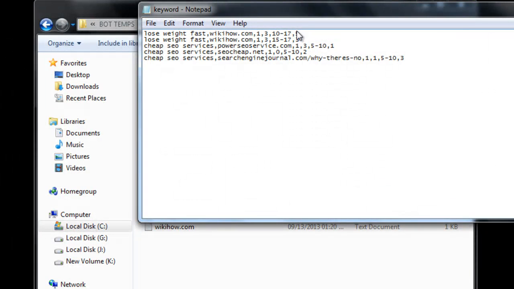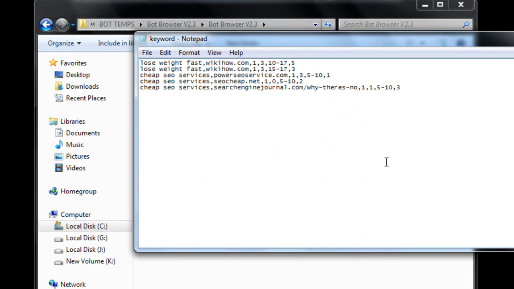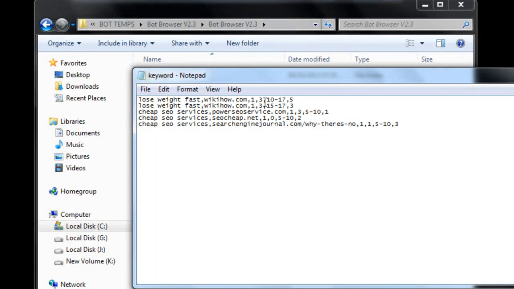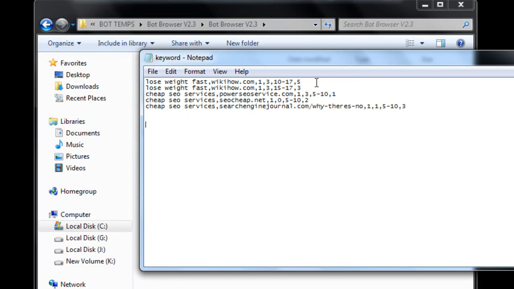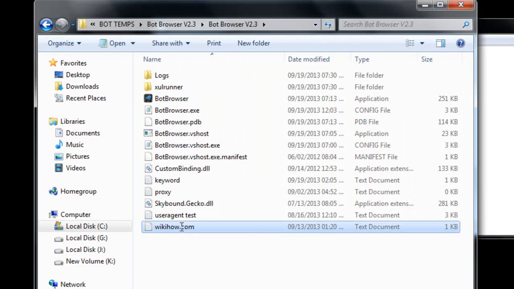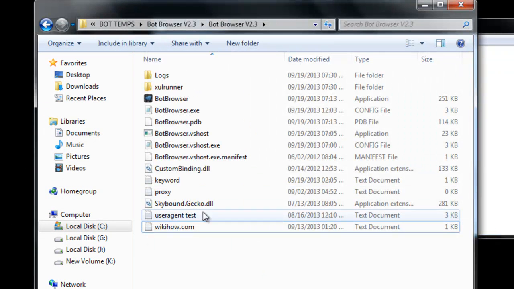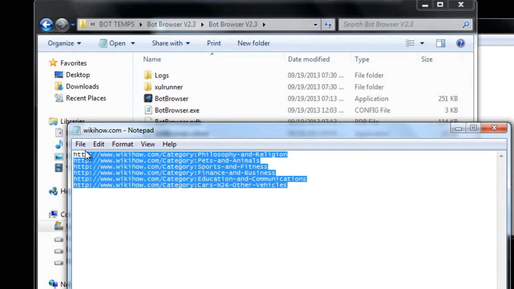If it finds internal pages of your website within the hard-coded links, then no problem, but if it fails, then it will move on and pick internal links from the file that you created for your internal links, right? Suppose we have 3 internal links to be clicked on the website. If the bot finds those internal links on the website automatically, then it will do it. If it doesn't, then it will move to this file and pick the internal links from here, right?